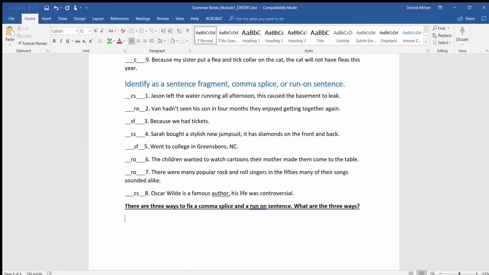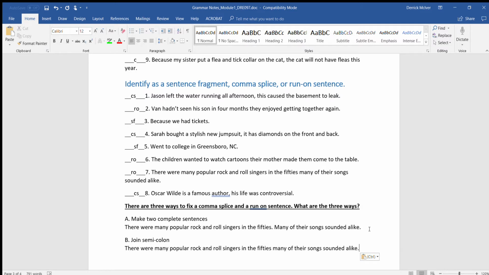Okay. The first way is to make them 2 complete sentences. There were many popular rock and roll singers in the 50s. Period. Many of their songs sounded alike. Another way is to join with a semicolon. Remember, a semicolon is strong enough to join 2 complete sentences. There are many popular rock and roll singers in the 50s. Semicolon, many of their songs sounded alike. And lastly,